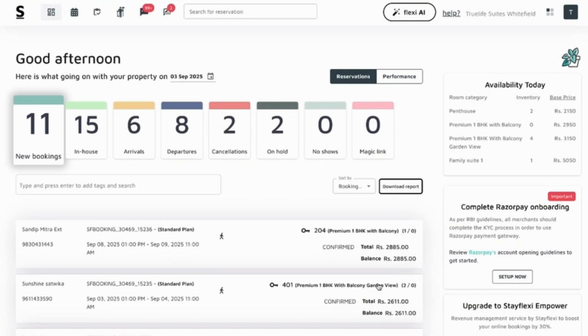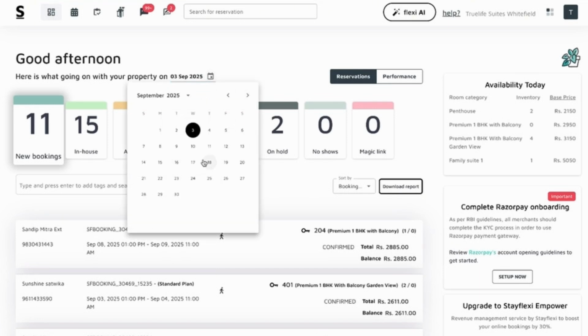Now, as soon as you land here on the dashboard, the first thing you will notice on your left hand side is the welcome message, which says something like good morning, afternoon and evening, which shows that the system is running on a real-time basis. And right below that, you will see the current date along with the calendar icon. So just click on the icon, this opens the calendar view instantly. You can use this calendar icon to go back to previous dates and see the past reservation details anytime. And also you can use this to go to the future dates and know how many new bookings are in